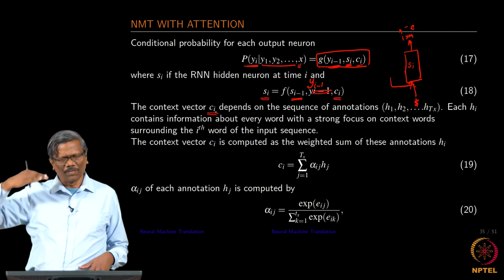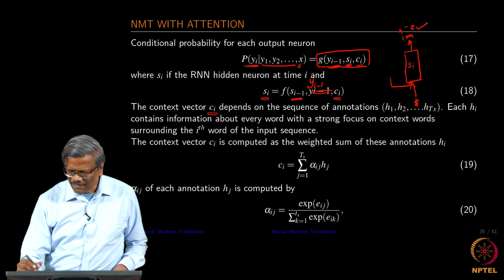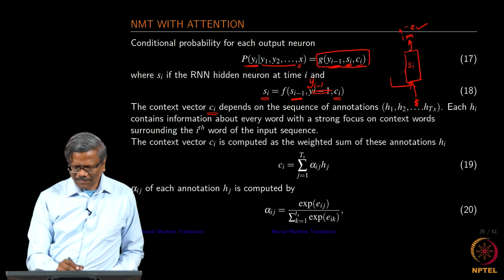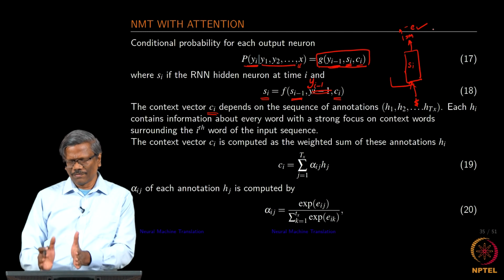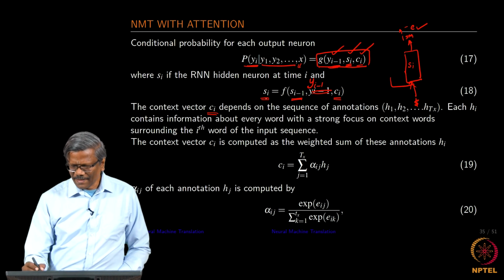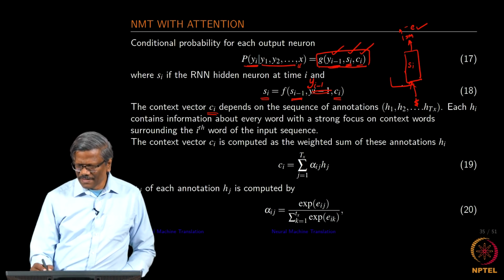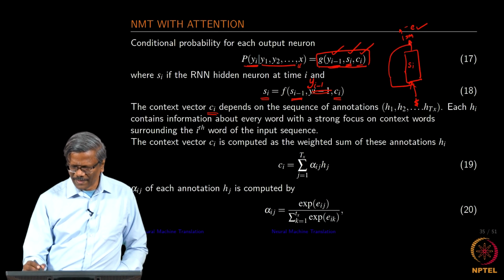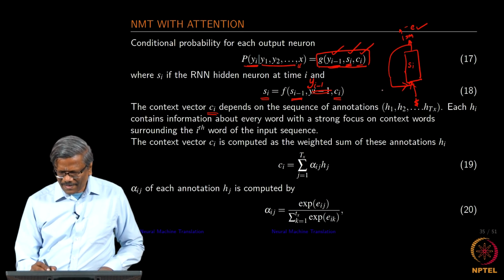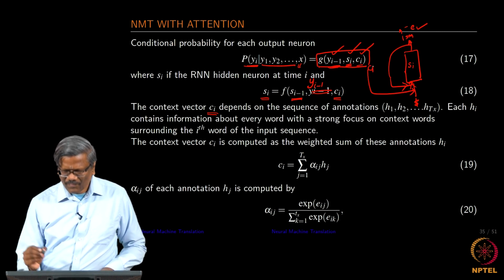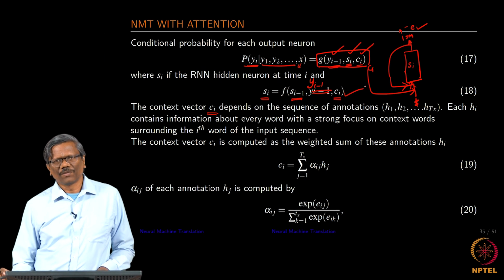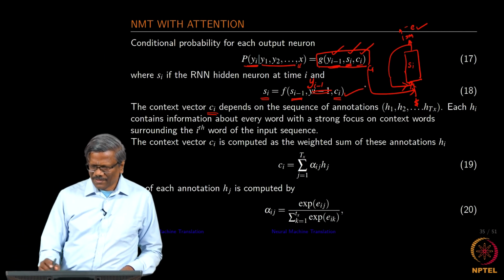So, actually we are coming from the top here. We found the conditional probability of yi, and then for us to find that, what do we need? We require yi, Si and Ci. To get Si, which is a function of the previous state, right. So, let me use this standard model, and then it gets Ci from the encoder, okay, and then you compute the Si. All right. So, this is from the decoder side.